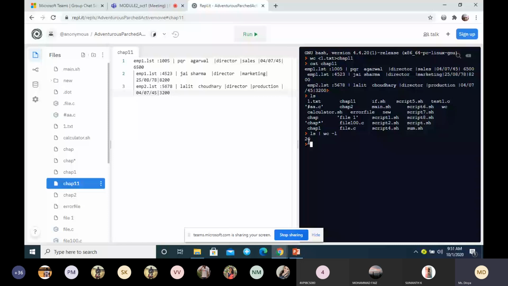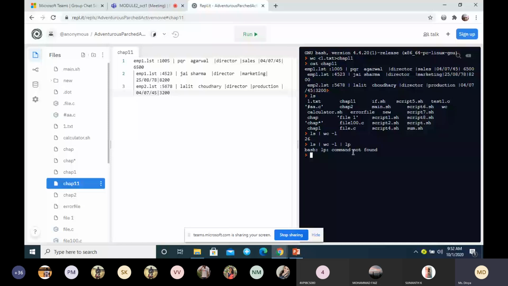Suppose you write it like this. I don't have a printer connected here, so it will not give the output. If the printer is connected, whatever output you get, 26, will be given as input to the printer, and it will print that. The lp command is for printing. Is it clear now? Yes, ma'am. Since we don't have a printer connected here, it will give lp command not found.